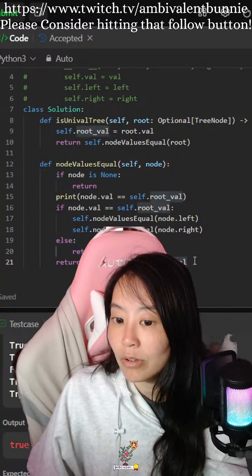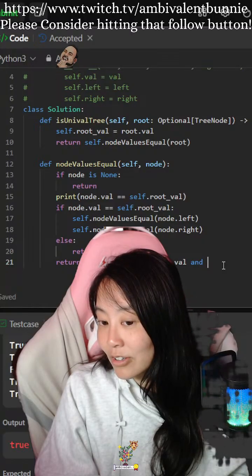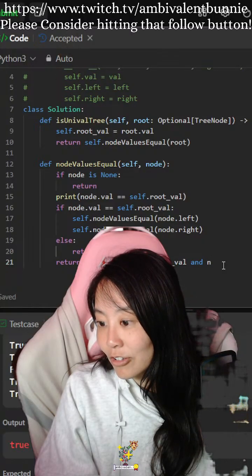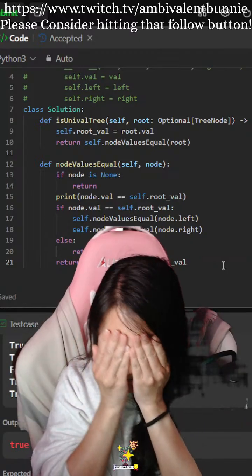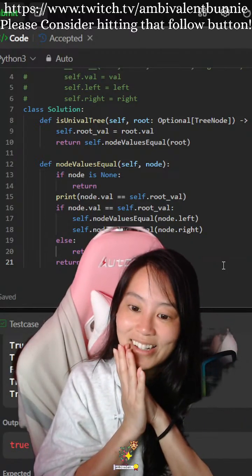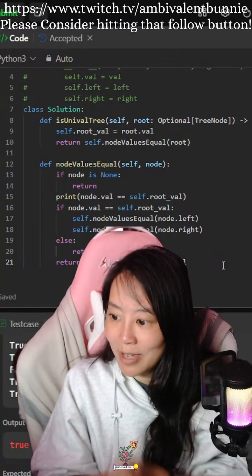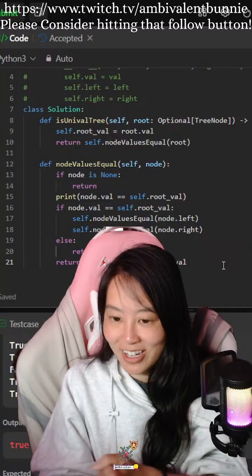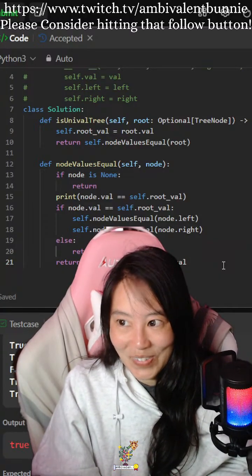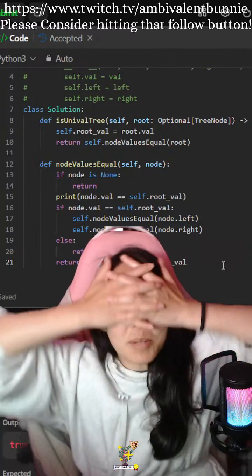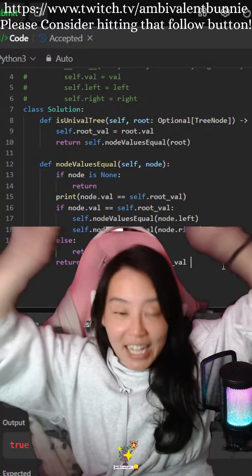So, of the recursive calls of my children, with a return statement of the recursive calls of my children. Yes. So what? Oh my gosh, I hate return statements. I love them and I hate them at the same time.